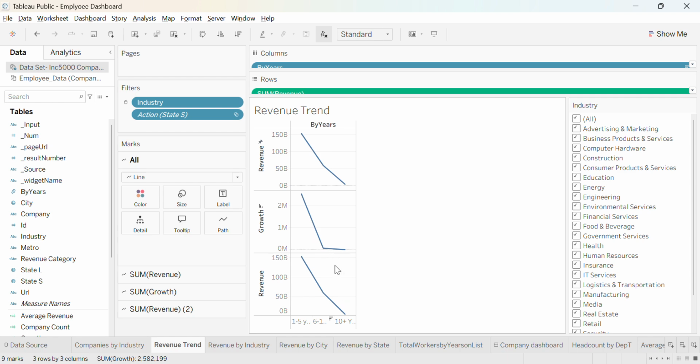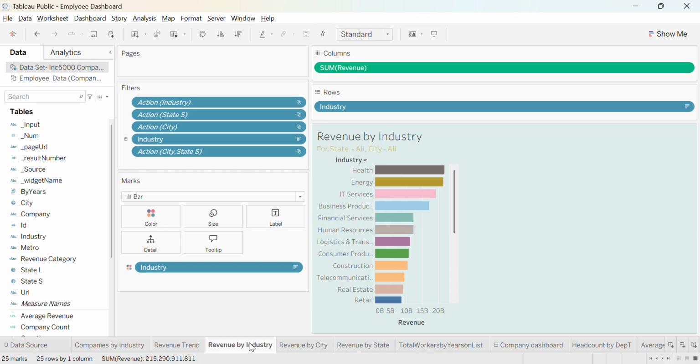Next, revenue by industry. This bar chart shows the total revenue contribution by industry. Logistics generates the highest revenue by a very significant margin, over $1 million. Human resources and real estate come in second and third. IT services, advertising, and business services are the middle range. Software and consumer industries contribute the